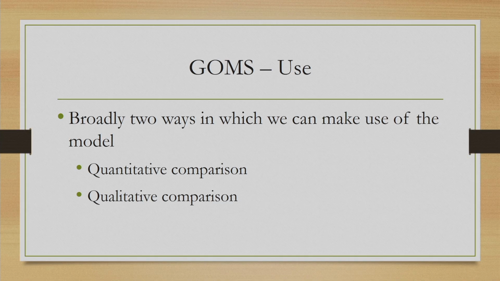And with that value, like KLM, we can compare different designs. So, that is a quantitative comparison. So, for the same task, different designs will or are likely to give you different models, and we can compute the total execution time from each of these models, and then compare and find out which model gives me the least time, and then the corresponding design is likely to be better compared to the other designs, like we did in KLM.